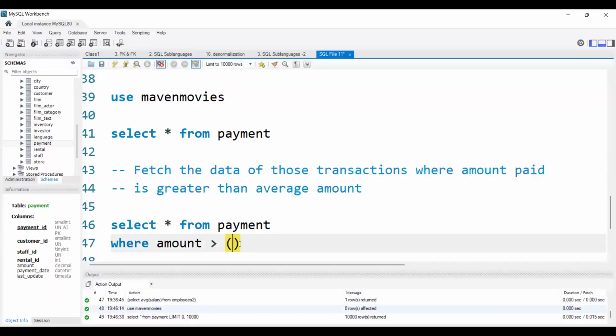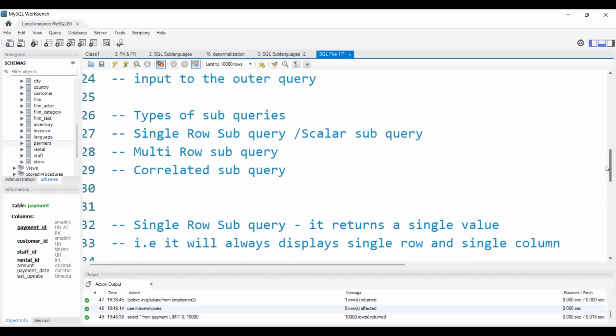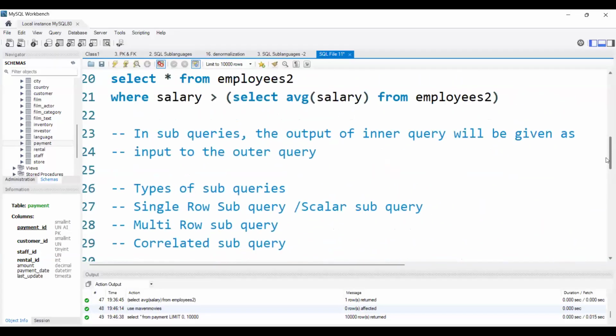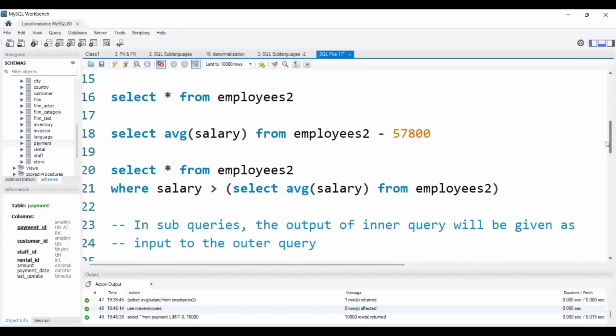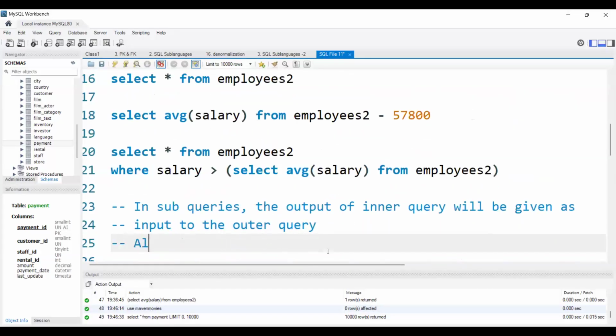Directly, what I will do is open a parenthesis and write select average amount from payment, right? Here, did I mention it or not? Always we need to write